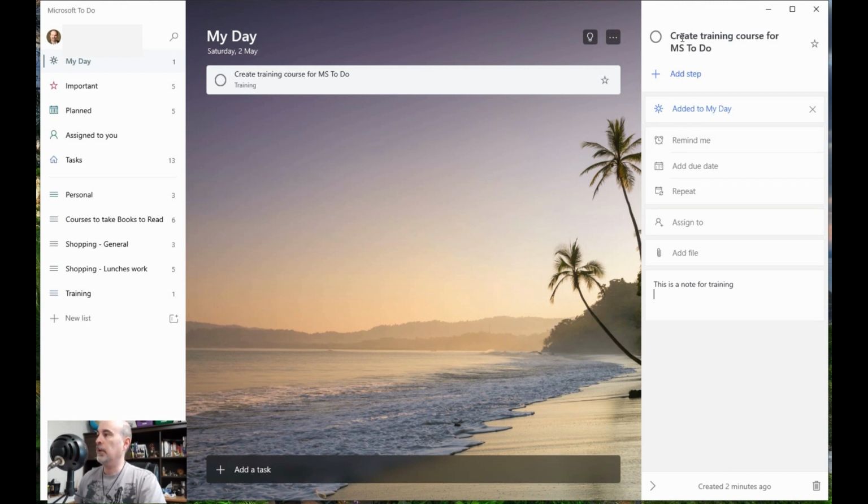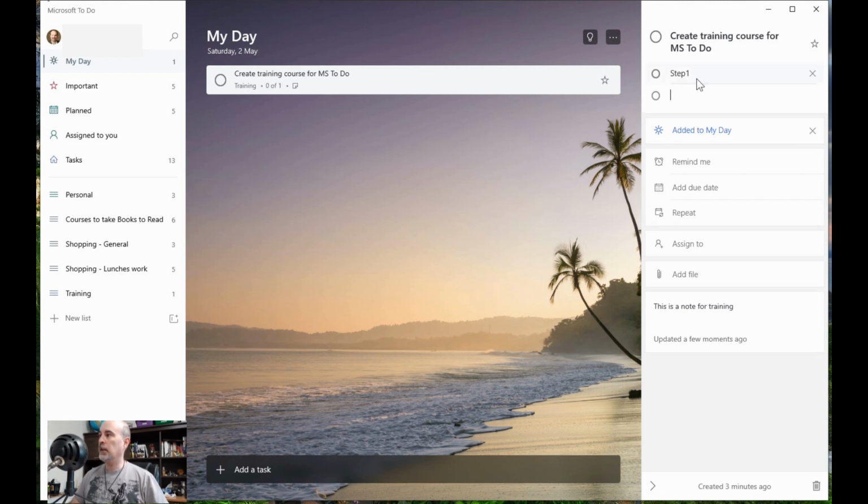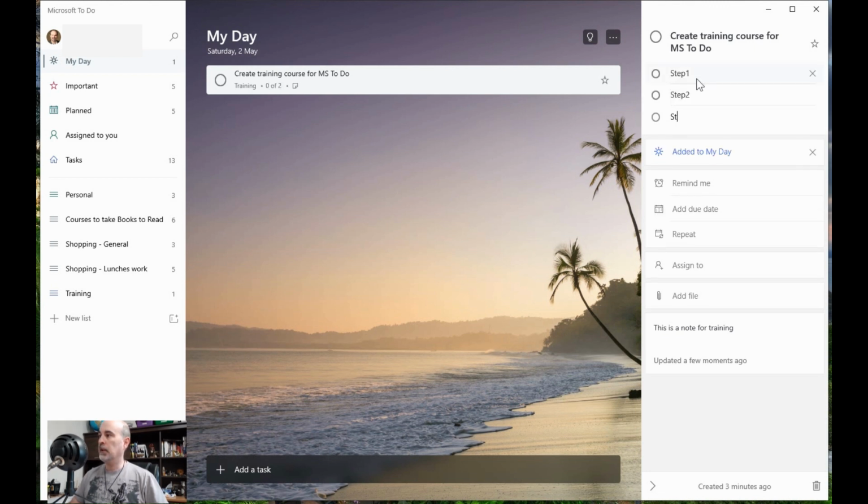At the top it says the name of the task that I called it, and within this task you can add steps, and there could be a variety of steps that you may need to take in order to accomplish this.